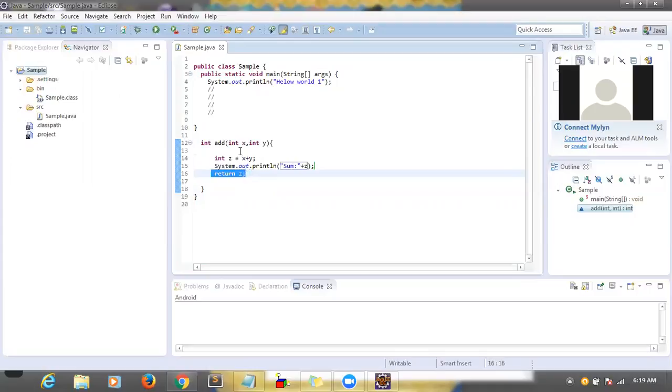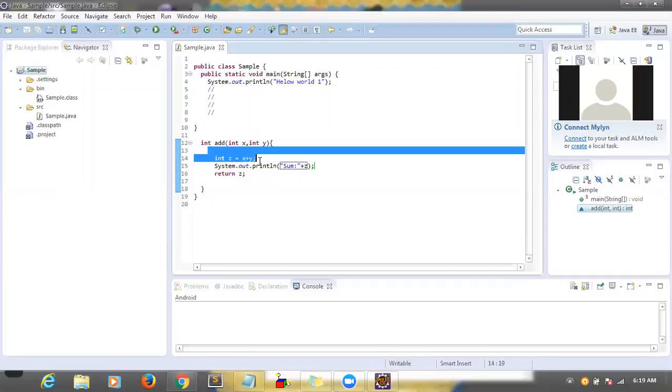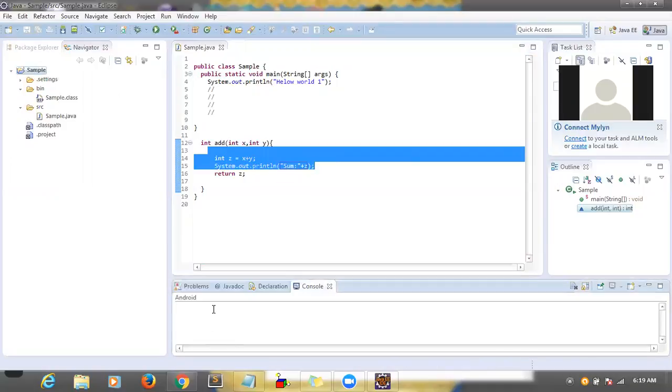Whatever you are writing from the starting line till before return, it will print everything if you are writing any sysouts. Without writing sysout, it will not print anything. But it will be holding the value in return. Yes, it will be holding. If you want to see the results in the console,